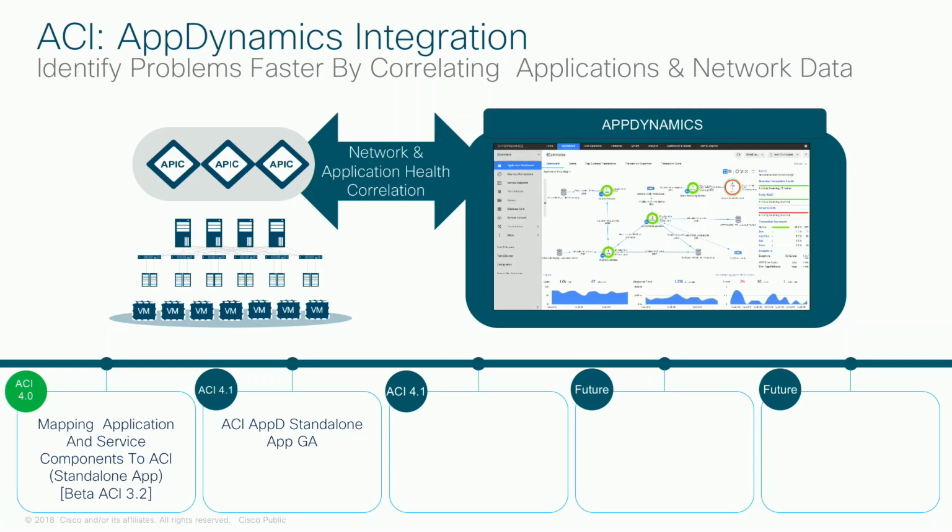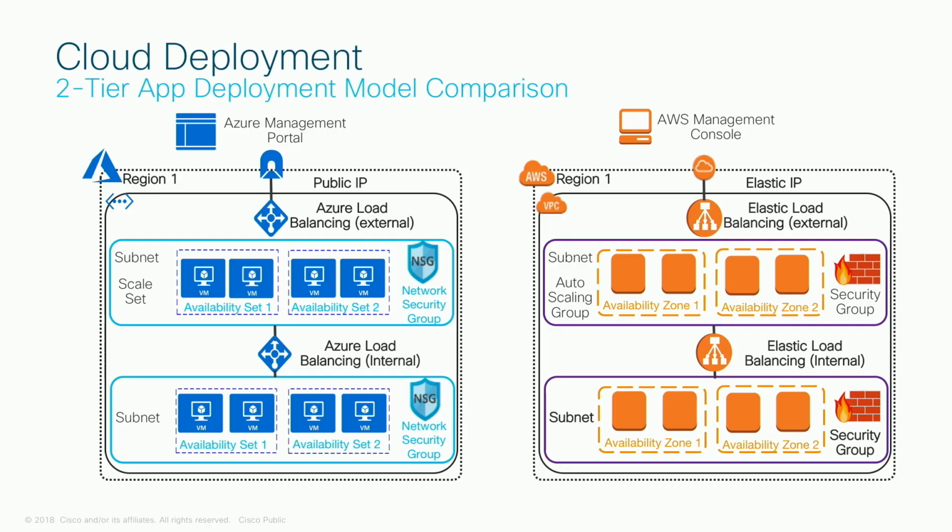So the idea is not only will you have, and then the last slide, how we're going to do it in Azure, right? So it's very, very similar. They're different constructs, but once we sort of get it right in AWS, and again, it's going to be in alpha very soon, then we're hoping that translating it into Azure and Google Cloud will be a little bit easier. And we already have an answer for your bare metal cloud stuff, right? So we have vPOD, we have remote leaf. You can extend your architecture across and basically apply policy and security across your campus, your data center, and your hybrid cloud.